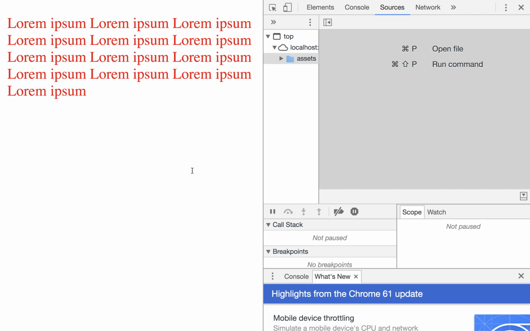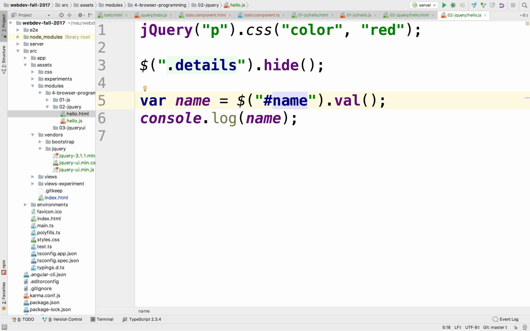All right, so one of the things that jQuery can also do is this. Notice where we have put our hello.js. If I move it up here, we'll have the same problem we had earlier. In the previous example, if I reload this, notice that nothing is working. I'm not getting any of my transformations. Why? Because when hello ran and started doing all these transformations, there were no P's, there were no details, there were no names. So none of this worked.